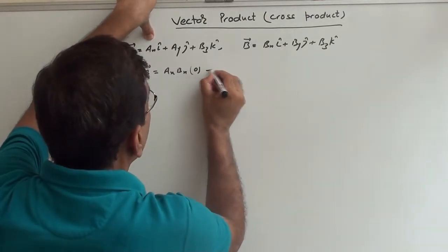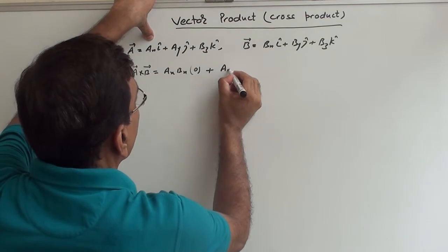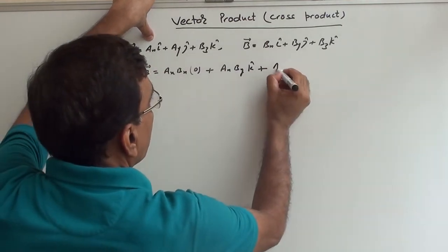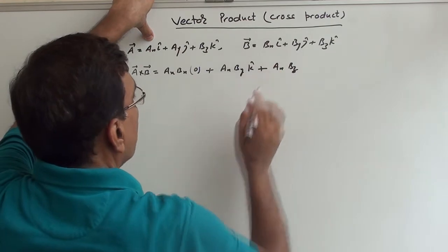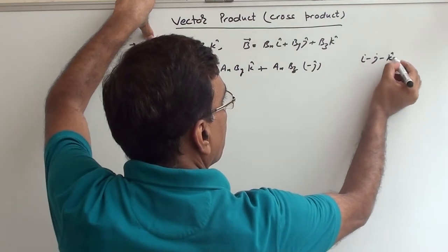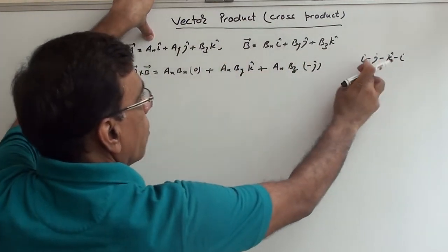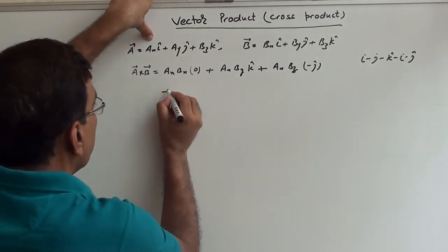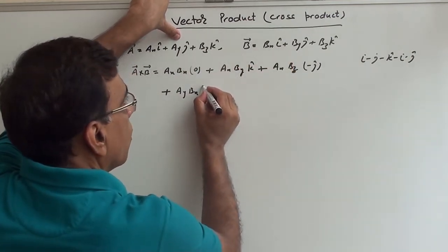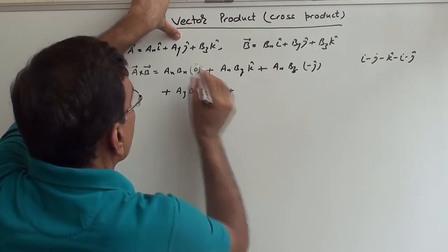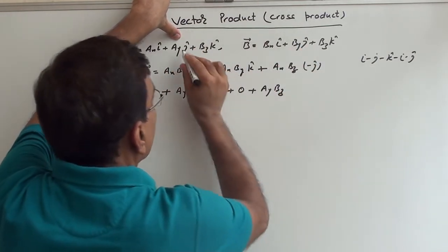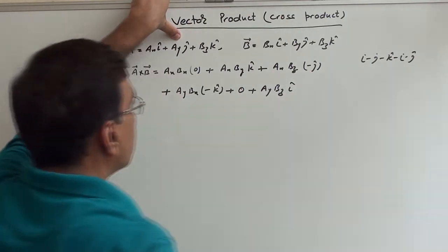So 0 plus AX, BY, I cross J, K cap, AX, BZ, I cross K, minus J. I will write here I, J, K, I. So I cross K means minus J. Plus AY, BX, J cross I, minus K. Plus J cross J, so 0, plus AY, BZ, J cross K, I, plus